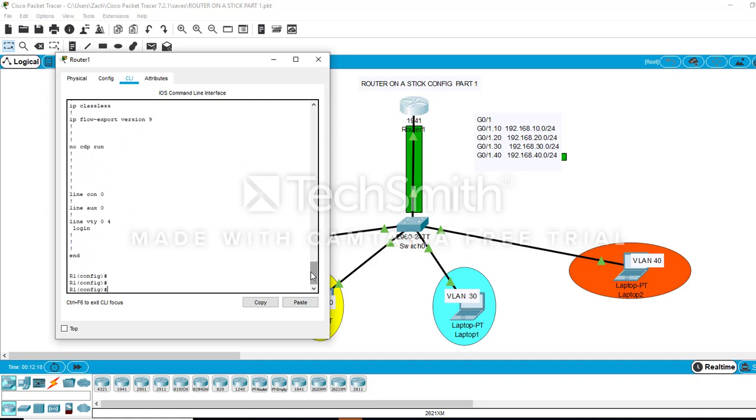and change that. So let's go to interface G0/1.40 and do no encapsulation dot1Q 10. Then go back there and erase the no, and come back here and change this to 40. So you do encapsulation dot1Q 40. Okay,